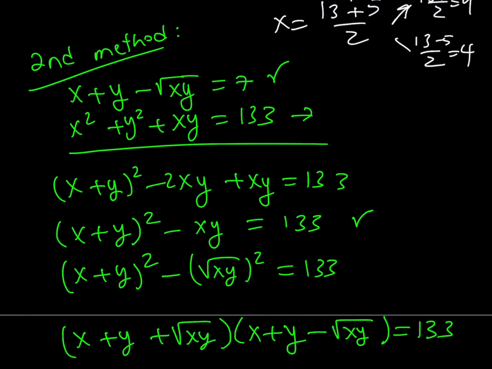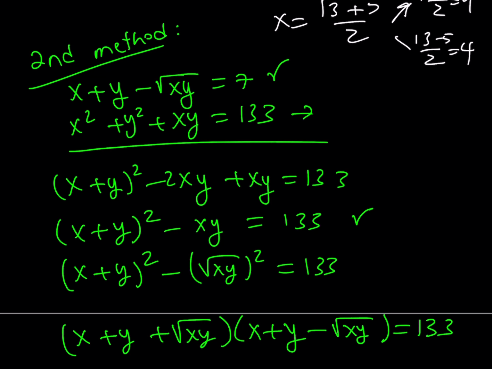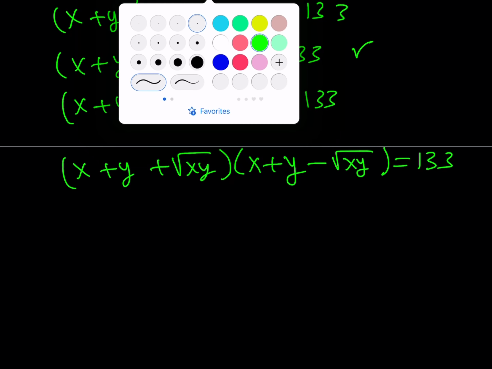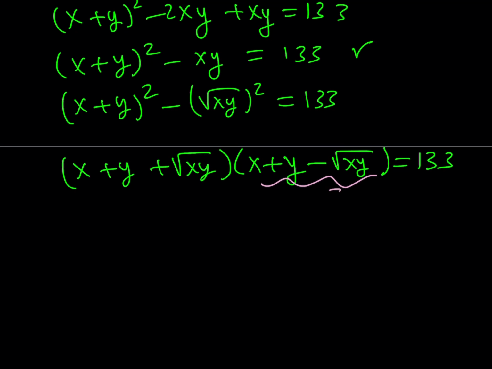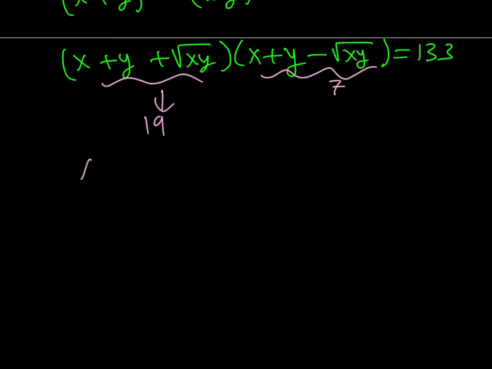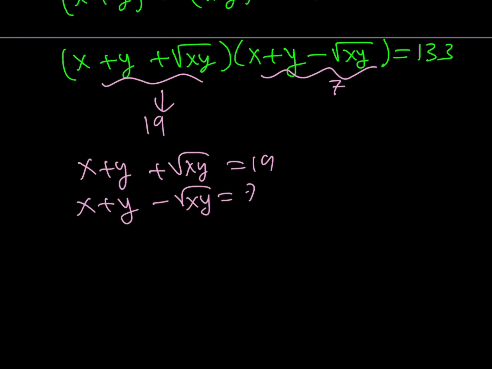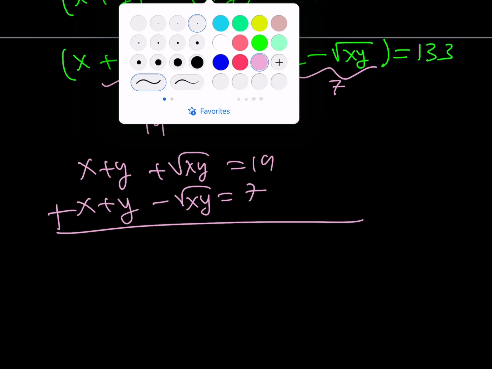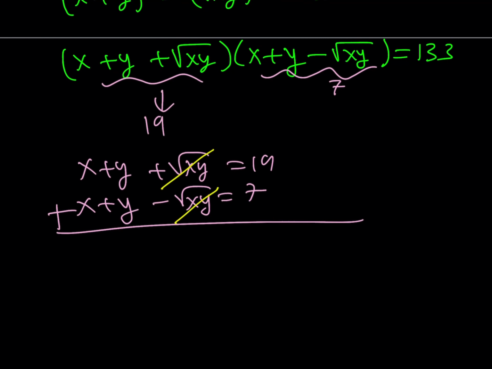And we know that x plus y minus square root of xy is equal to 7. So this is equal to 7. And by division, you find that this is equal to 19. Awesome. That gives us another system. Let's go ahead and solve it. This is 19, and this is 7. Now, if you solve this system, obviously, it's very easy to solve, by the way, you're going to find